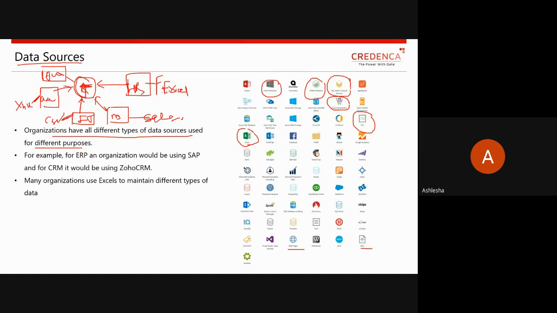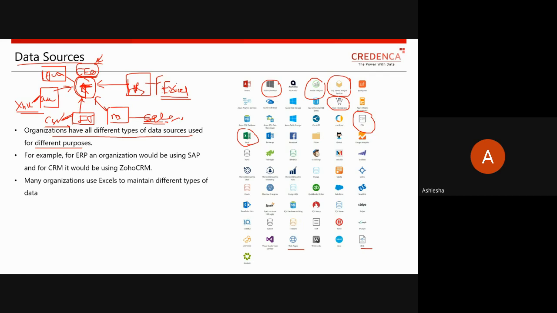Anything. And suppose a CEO, a manager or higher authority of Tata Group, wants to understand the current scenario of the organization. At that time, as an analyst, you need to process each and every piece of data coming from these different data sources. So it is very important to have enough knowledge about each data source, because you have to work with it. The CEO doesn't need to bother about it, because he just wants to see the end result.